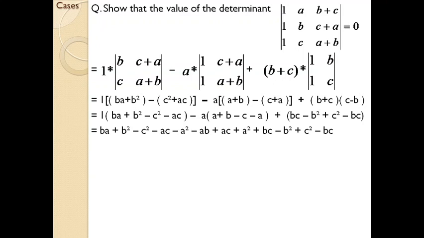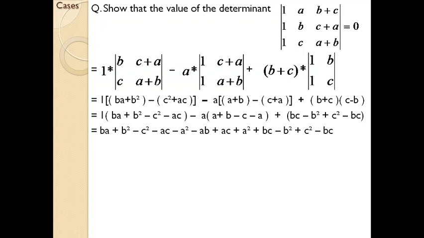You have to deal with signs very cautiously because the computation of this case depends solely on minus or plus signs. So minus a into minus c it will be plus ac because here both signs are minus, and minus a into minus a it will be plus a square. So you have dealt with this part. Next one, plus bc. Let's open all these with this sign: plus bc, plus into minus b square, plus into plus c square it will be plus c square, and finally plus into minus it will be minus bc. Sorry.